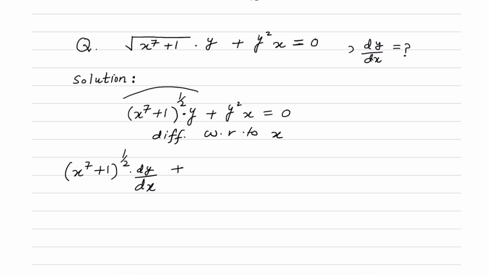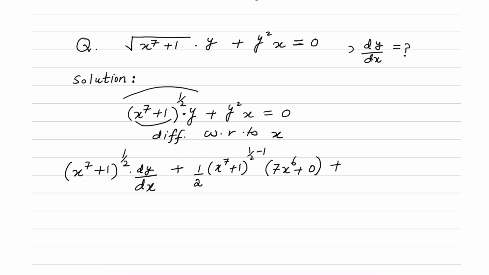Since the first term is (x to the power 7 plus 1) whole power 1 by 2, we will apply the power rule. The power comes on the side, (x to the power 7 plus 1) to the power 1 by 2 minus 1, and then the derivative of the inside term, which is x to the power 7 plus 1. So the derivative of the inside term is 7x to the power 6 by the power rule,